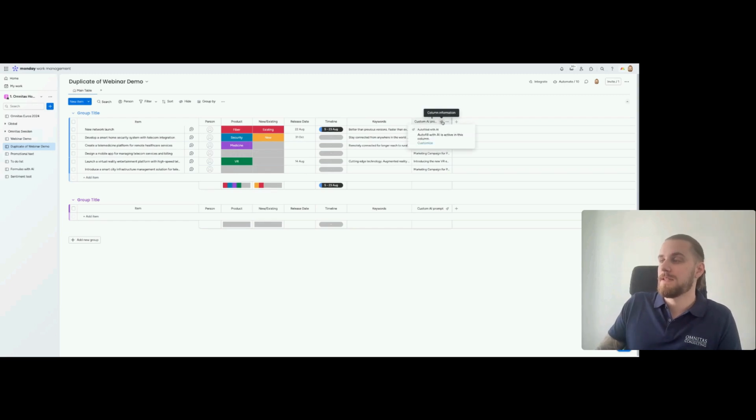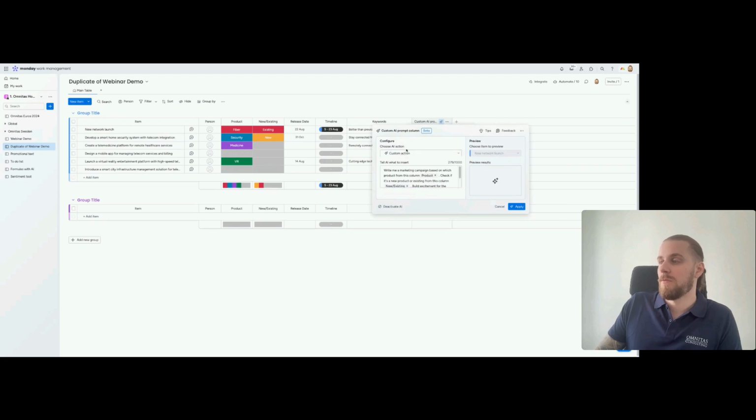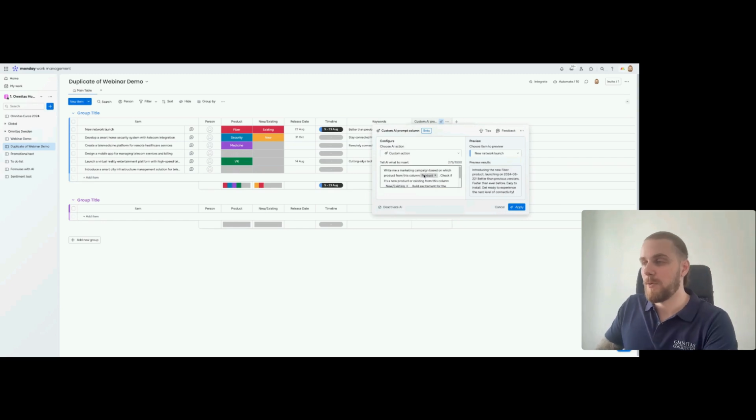And that's simply set up like this. So we have a custom action. We're choosing it because it's a custom AI prompt. And I basically told it, write me a marketing campaign based on which product from this column, and I've inserted that product column. So this, check if it's a new product or existing from this column, and it's checking this one. Build excitement for the launch on release date, and use keywords from the column called keywords to add even